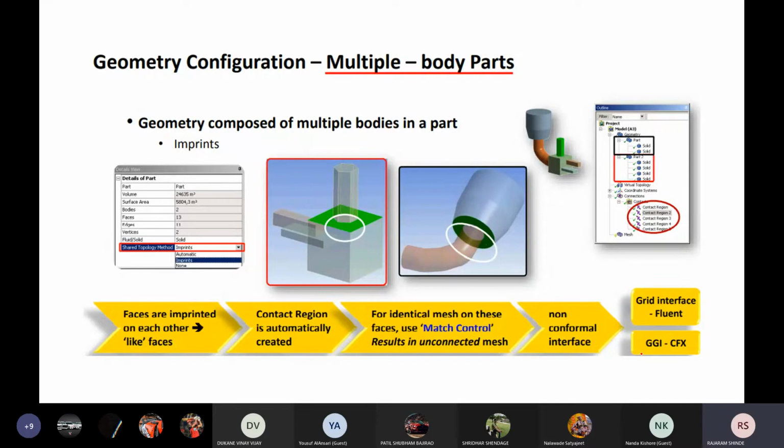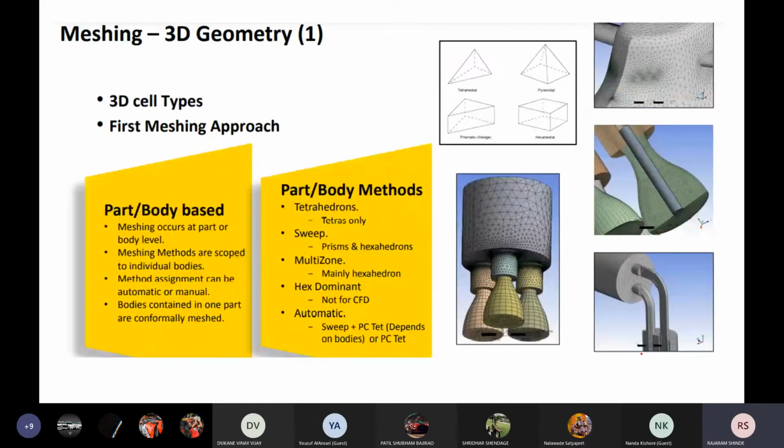Now again you see here meshing in 3D geometry. I will show you meshing of 3D geometry. Here you have 3D cell types and the meshing approach. You can see here meshing occurs at the part or body level. Meshing methods are scoped to individual bodies.